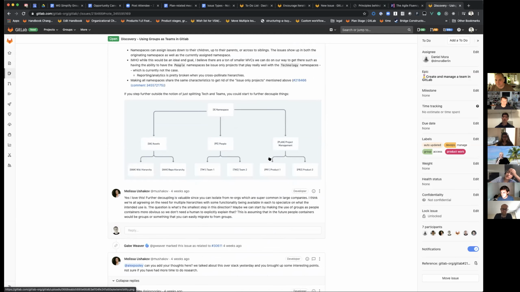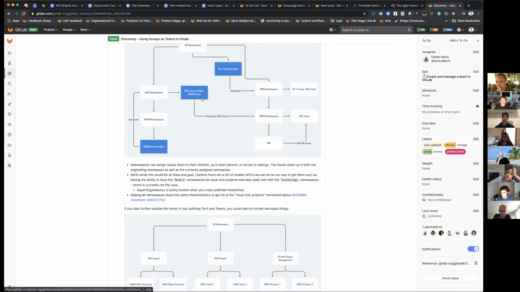Theoretically, these would be under an epic, right? These would be issues under an epic, something like that. Yeah, but we've also gotten requests to have assignees on epics.